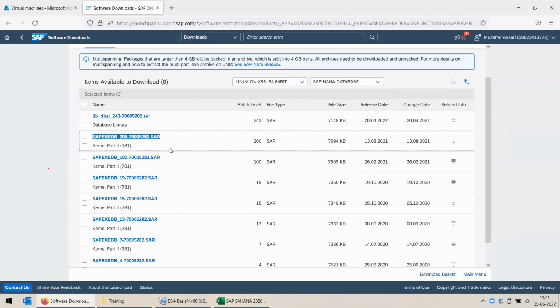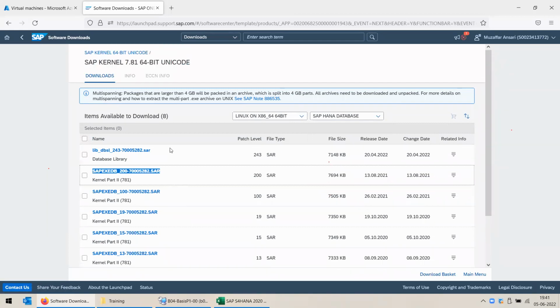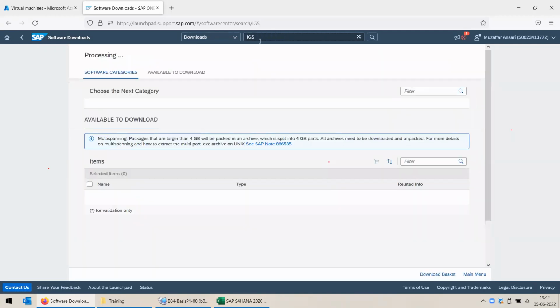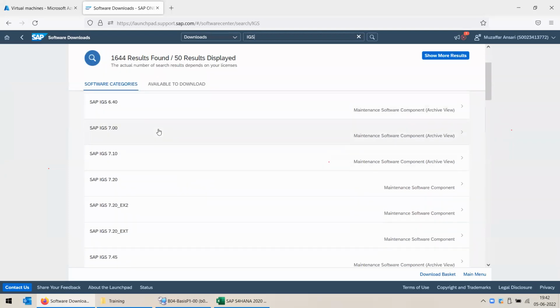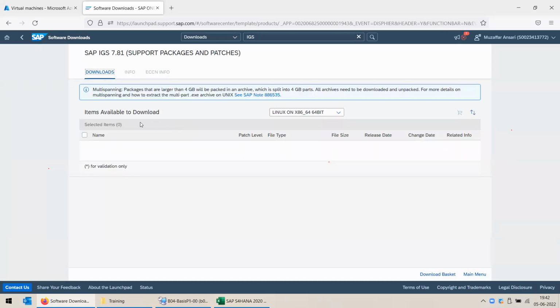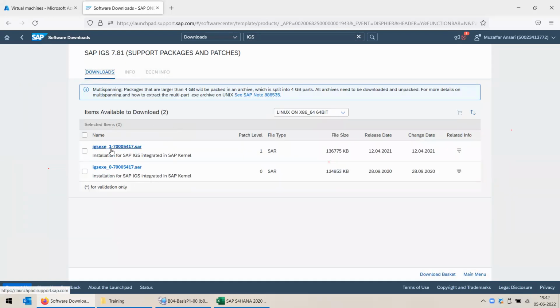Apart from these two, you also need two other extra files, which is the IGS. IGS is for Internet Graphics Server. If you want to search for it, you can search for IGS over here. Okay, so here is the IGS part. Scroll down, you can check for the IGS 7.81. Click on this. You can download the latest IGS from here, and you'll also be needing